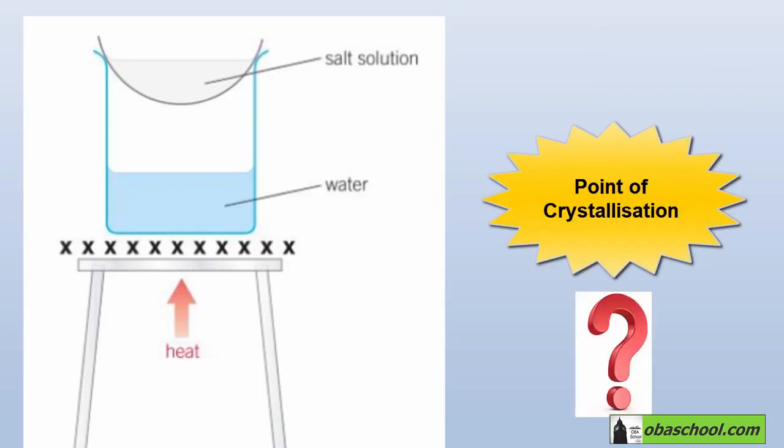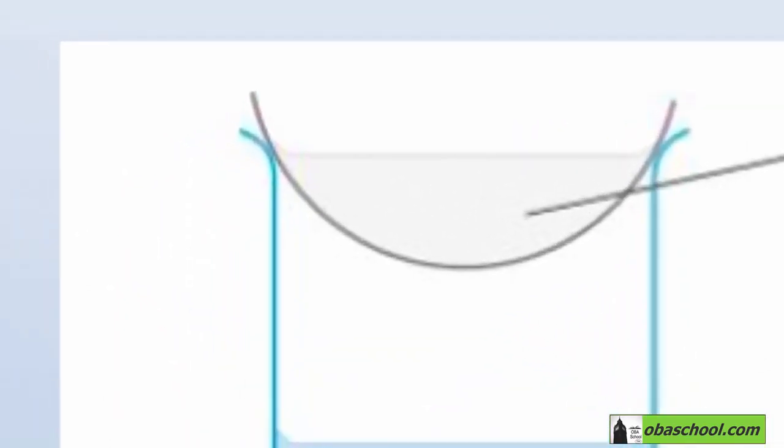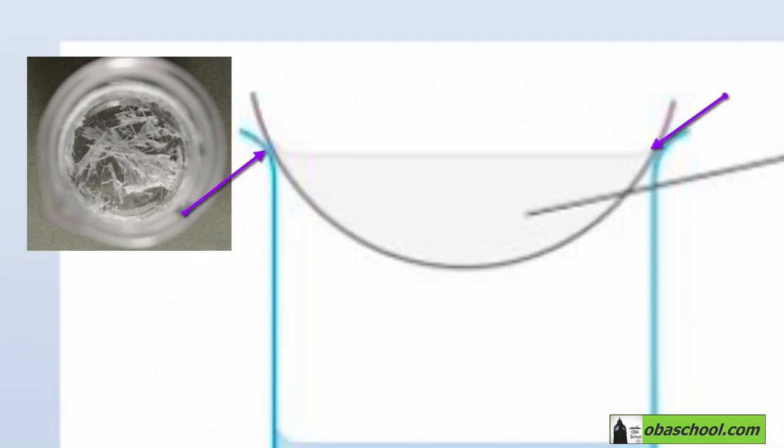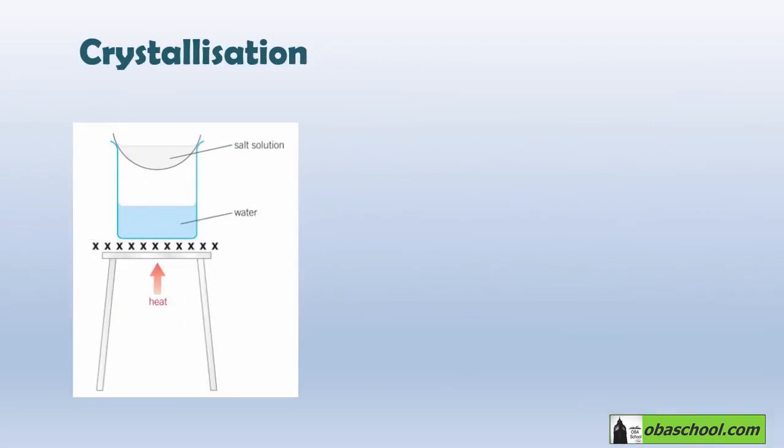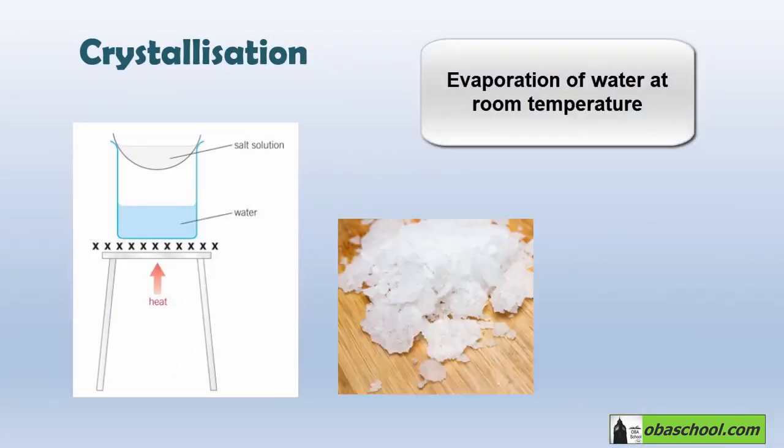And of course, you will ask yourselves now how to detect the point of crystallization. So, you will know when to stop heating when small crystals first appear around the edge of the solution, or when crystals appear on a drop of solution extracted from the dish with a glass rod. The rest of the water in the solution is left to evaporate off at room temperature to get a good sample